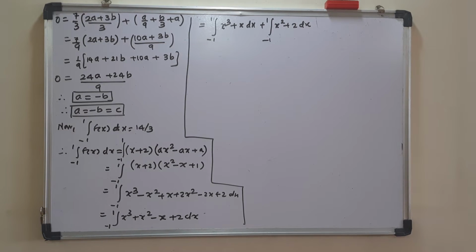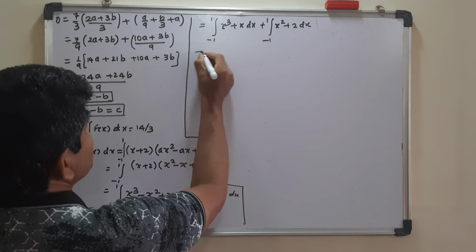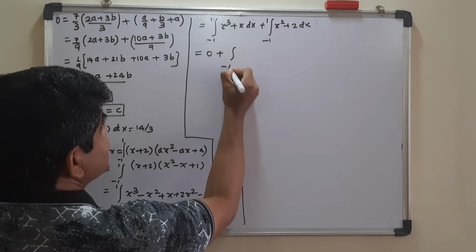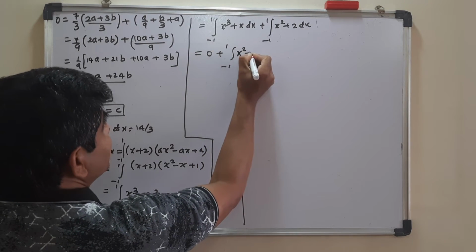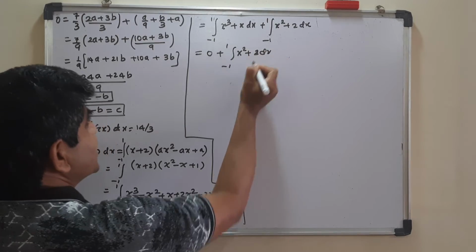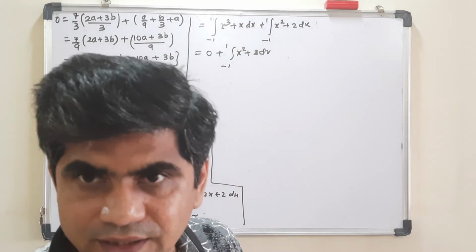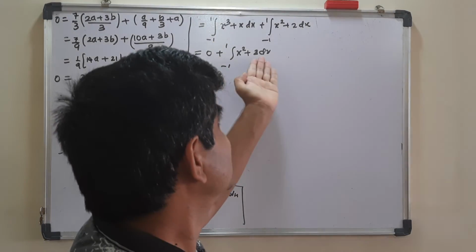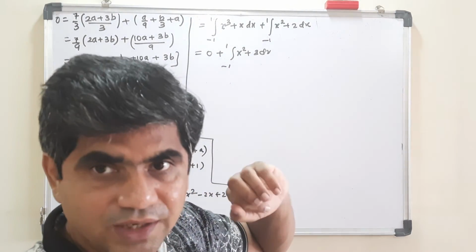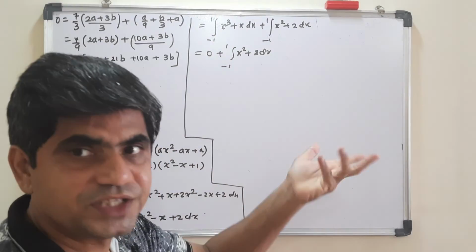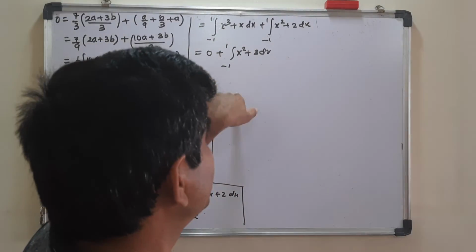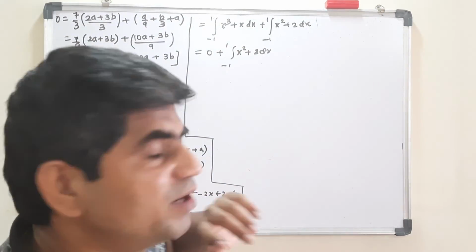Means when I apply the limit over here, they are going to become 0. So this part I am deleting completely. This is your 0 and remains only with this one. Now if you see this, that is, if you put here minus 1 or even plus 1, does not matter. It is going to give you same functional value. That is, the function of x will not change even if you put it as 1 or minus 1. That means this is an even function.